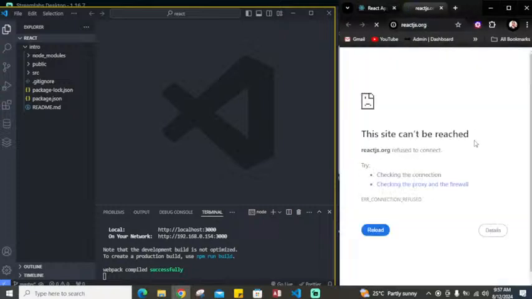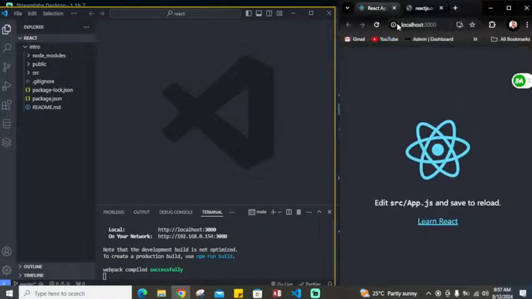My internet is messing up. You go to reactjs.org, that's the name of the website. My internet is not strong, so if you click on it, it will take you to their